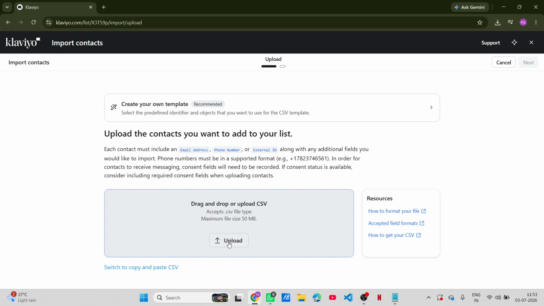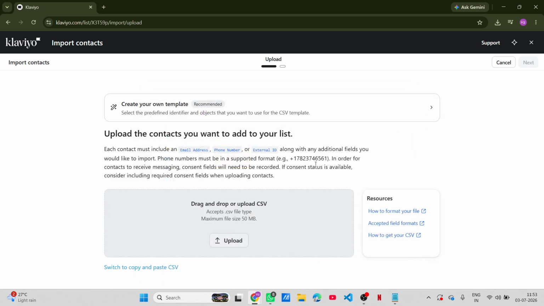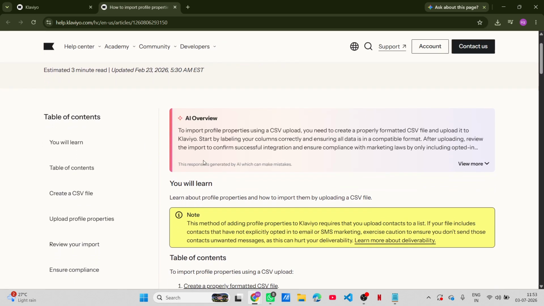Moving on to the next step, it's crucial to prepare your CSV file with all your contacts. Make sure your contacts are organized in a spreadsheet format, specifically a CSV file. If you're not entirely sure how to format that spreadsheet correctly, don't worry. While you're on the upload screen, you should see a convenient link that says How to Format Your File for Dynamic Guidelines. Clicking that will provide you with detailed instructions on how to ensure your spreadsheet has the right columns